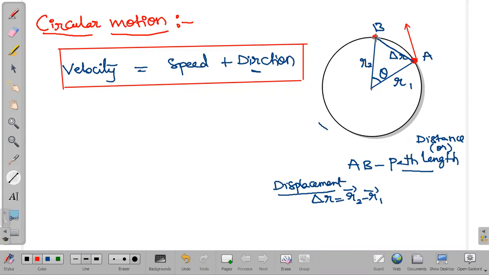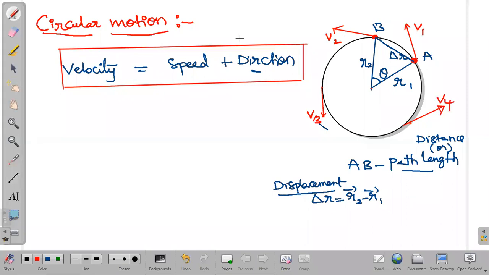Now what about here, the velocity direction? Here also I have to draw one tangent. In this direction the velocity will be there, right? Now when it comes to here, in this direction the velocity will be there. Okay, so when I go here, the velocity will be in this particular direction, right? Now, velocity is continuously changing its direction. That means velocity is changing. Suppose here I consider the velocity as v1. Now automatically at the next location velocity is changing. So here v2, here v3. So continuously the velocity is changing.